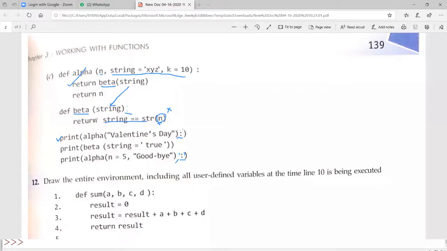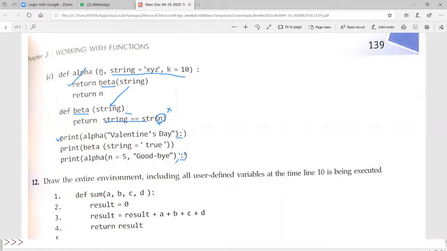And because of the return statement, what will happen? The control again goes back to this location. If this statement is correct, we will go back to this location. So based on the result, this double equal to means comparison. It will give you result as either true or false. Suppose this is not an error. If this is correct, it will compare string and str of n. So it will compare both of them. If result is true, it returns true.